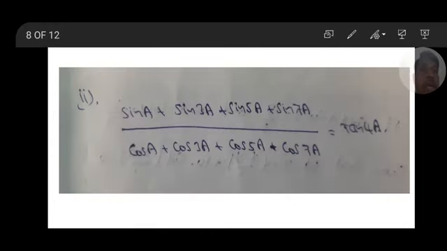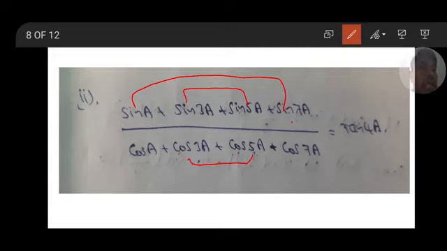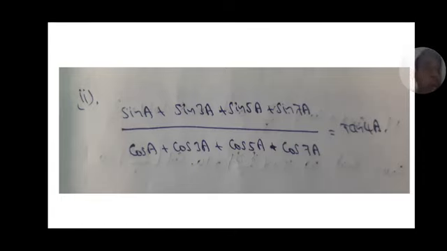Next, homework problem: prove that (sin a plus sin 3a plus sin 5a plus sin 7a) by (cos a plus cos 3a plus cos 5a plus cos 7a). It is also better to take the first two terms and these two, 4a. This and this, and this and this. Here also the same, 3a plus 5a and cos a plus 7a. Any combination you can take, to avoid fractions, and you will get the answer.